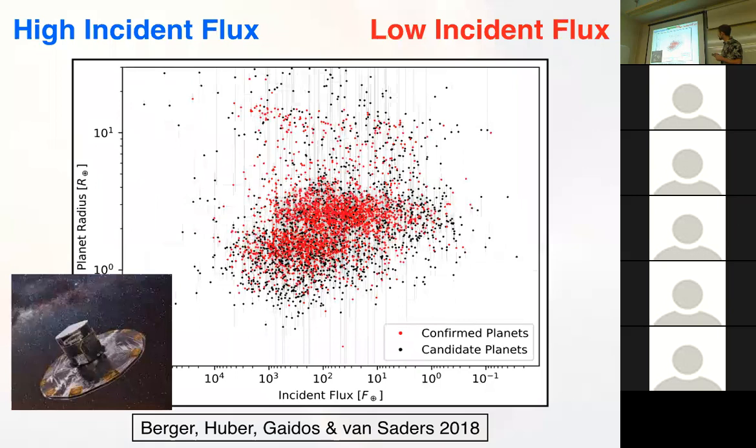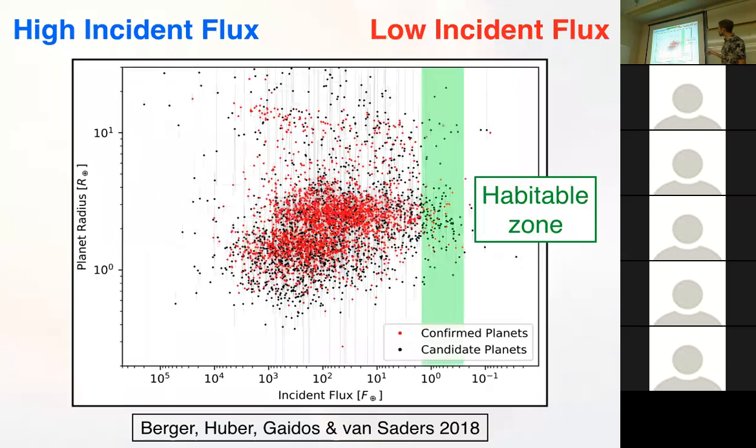Okay, so to wrap up, let me just briefly make a case for another place where we can look for life, and that is around planets that are unlike the Earth. So here's a diagram that shows the planet radius versus the incident flux on the planet. So this is now folding in the luminosity of the stars. And instead of using period, we're now actually folding that in, and we're calculating directly how much flux the planet receives from the host star.